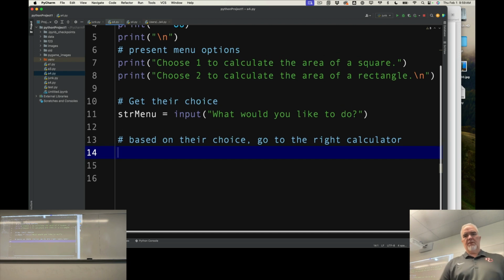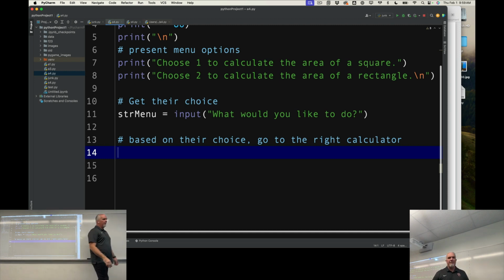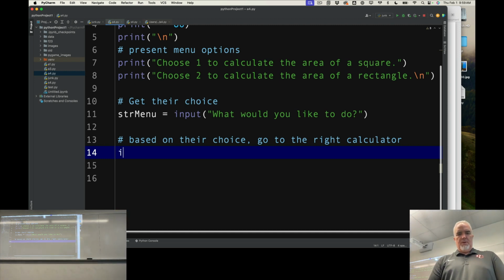Now based on their choice, okay, so I'm asking them to input 1 or 2. It's going to be a string because all input is a string, and I'm not going to bother to convert it because I'm just going to use it for this branching. So my if statement's going to look like this. If str menu equals 1,